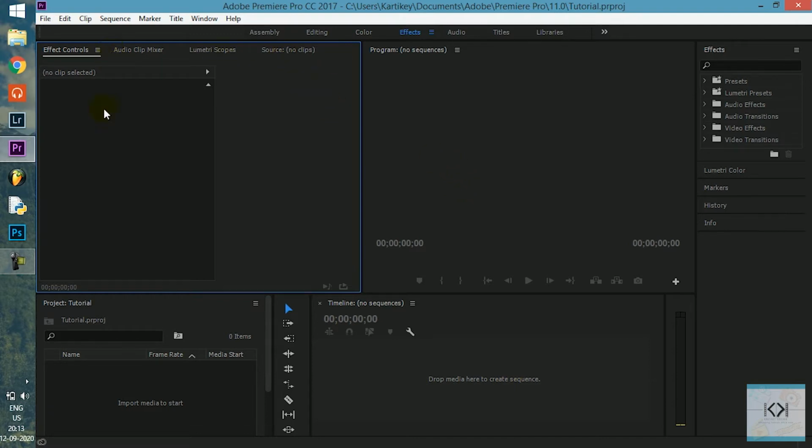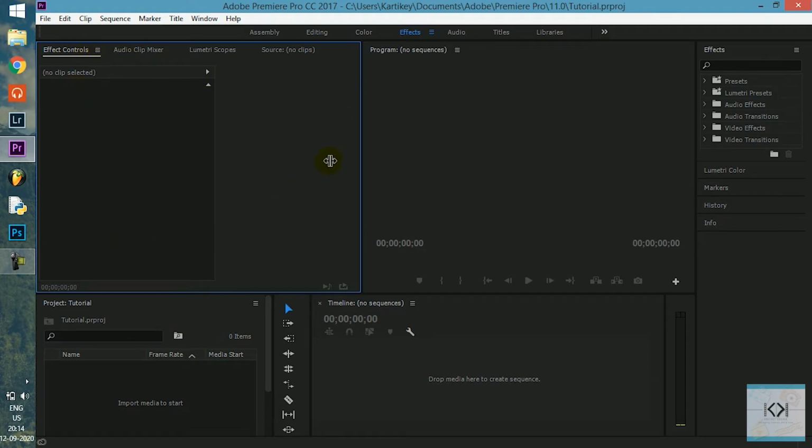So finally we are inside our project, and as you can see, first things first, there is this blue box around this section which says that this is a panel. Now this is a new word: panel is all the sections that you see, all the partitions that are made in Premiere Pro, these are called panels.